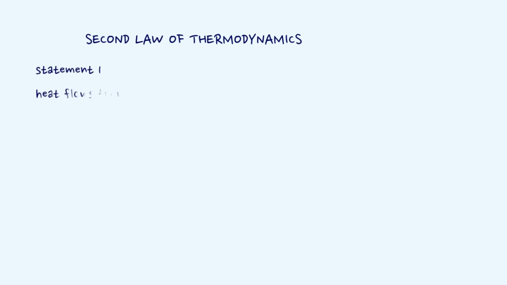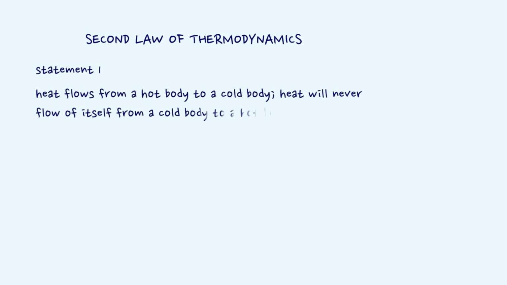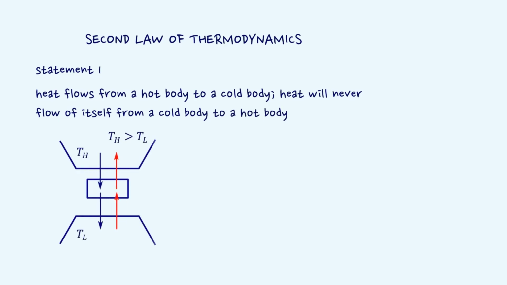Heat flows from a hot body to a cold body. Heat will never of itself flow from a cold body to a hot body. The following diagram shows heat flow from a hot reservoir to a cold reservoir is allowed, but the reverse is